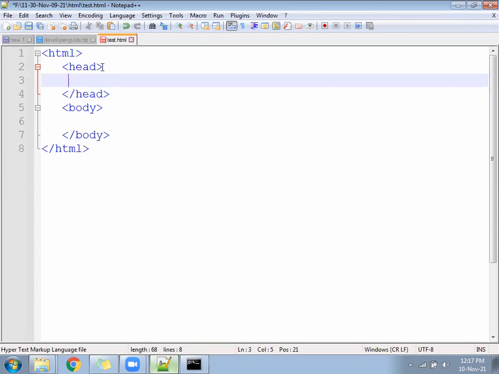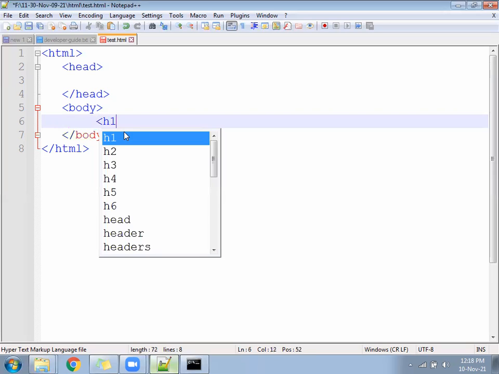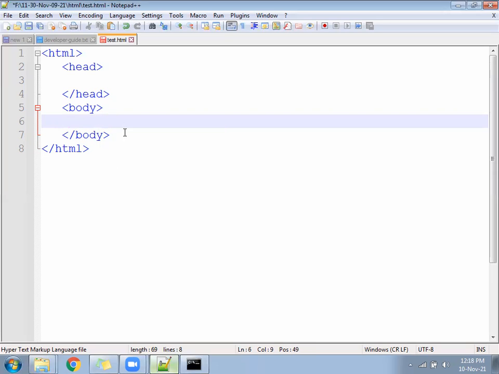All CSS, Bootstrap, JavaScript, every kind of library we are going to call under the head only, and the body is for the content. And overall, you saw all are called dependent. Everywhere is open and close. Come to the body part. Inside the body, first without any tag, write here Hi HTML.